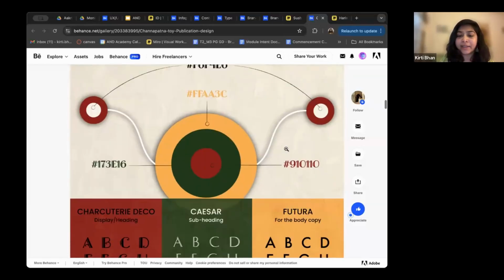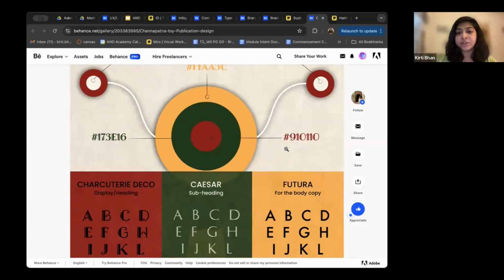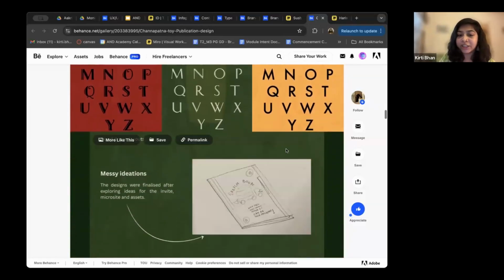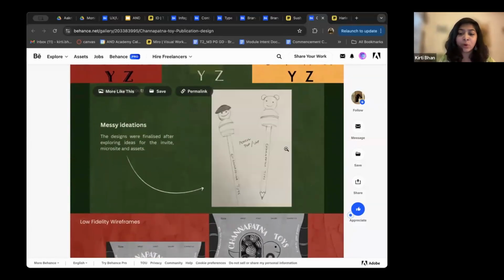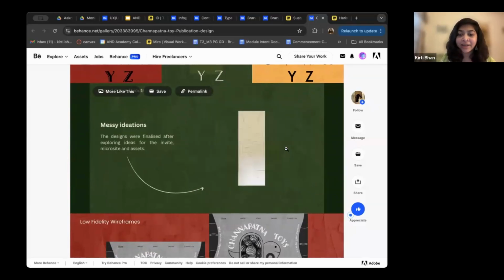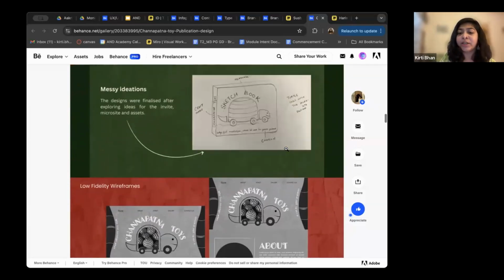Even the color palette that she has set is in alignment with the craft. Nothing is something she just chose because she felt like choosing it. Everything is well thought out, well designed, like the font she's picked. The messy ideation, she just wanted to share with everybody, even the recruiter, that I have done thorough work. So she's created a GIF file showing that as many sketches and messy ideations were done.